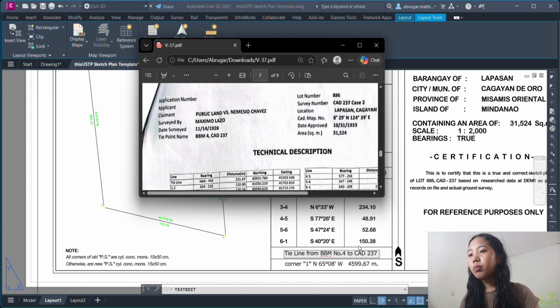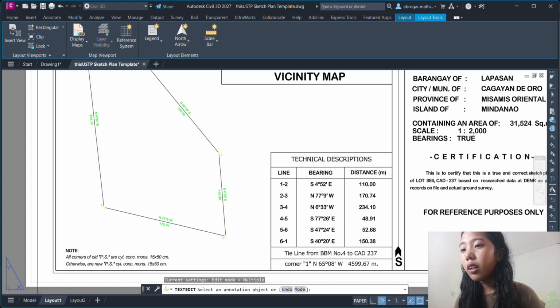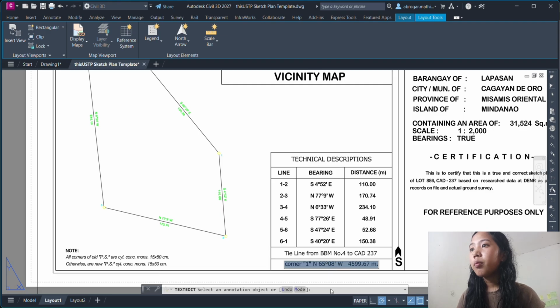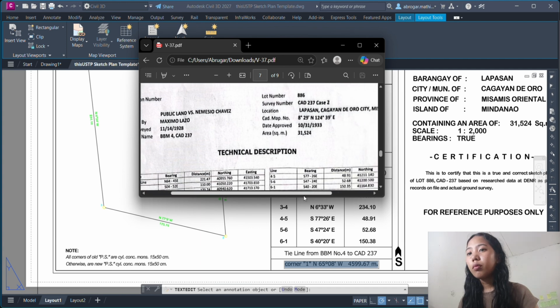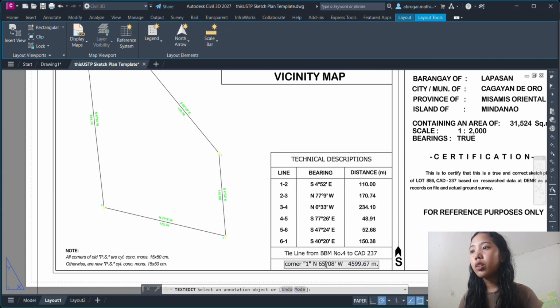Then command zoom, then scale, then I tried 1000 over 1 is to 2000 XP. This is the illustration. So I choose scale 1 is to 2000. Then change necessary informations.